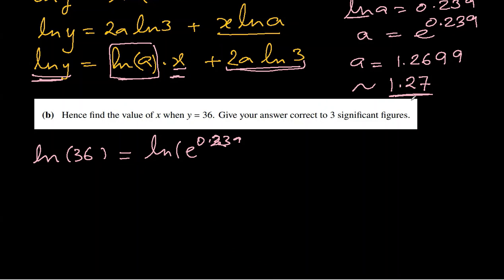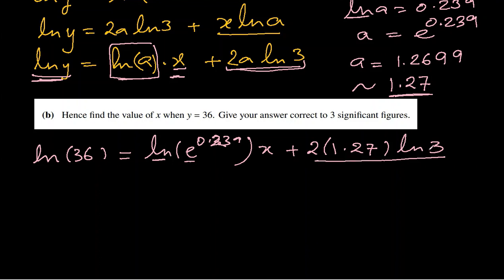I did not write 1.27 because natural log and e will cancel out, and it will be easier for us. x we want to find out, then 2 times, here we can write the value of 1.27 because there is no natural log before this. So then we have ln 3. Okay. So this whole thing is constant. Let's bring it to the left side. So it becomes ln 36 minus 2 times 1.27, which is 2.54, ln 3